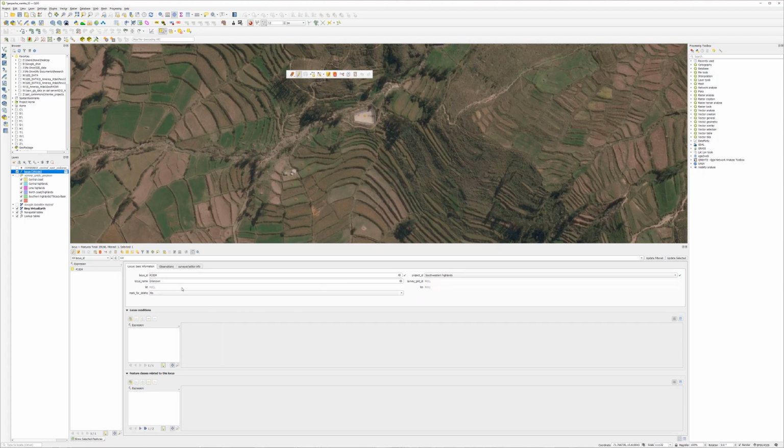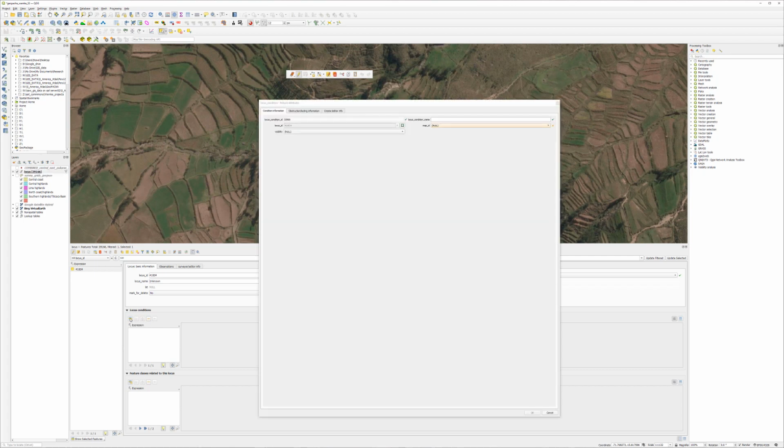Okay, so now this locus ID is in the database, and so now it can create the link between this as the primary key and its corresponding value as we create a new row in the locus conditions. So let's make an observation on a set of observations on locus conditions. So I'm going to press new record there,